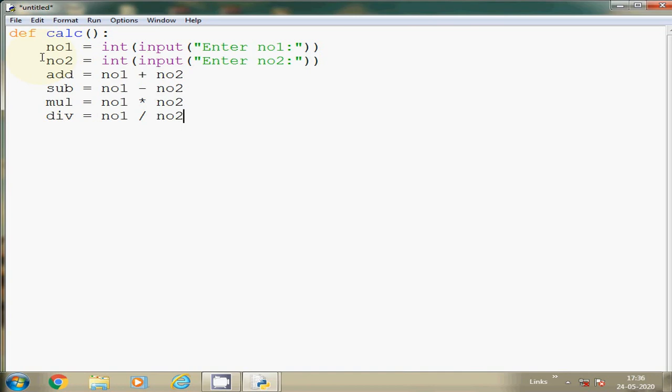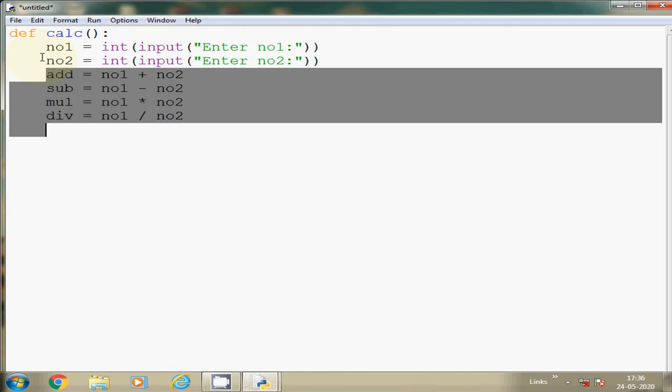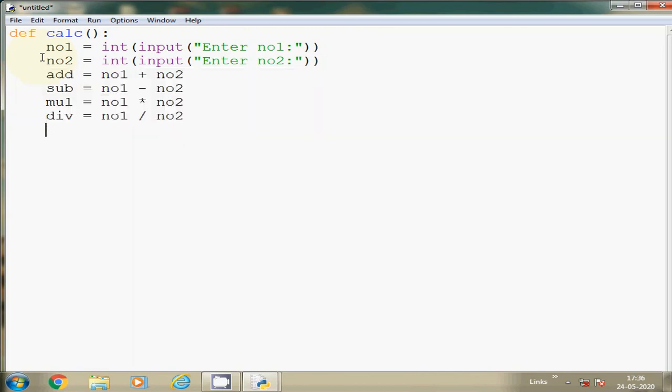Similarly, the division symbol is also not available. So this slash is used for division. So here all four operations I have done, and I stored all the values in different variables. So let me print the values of those different variables. Print first add. What will be the value of add?